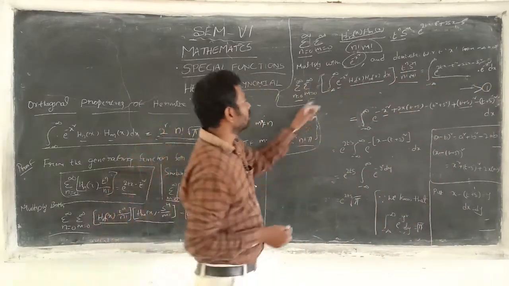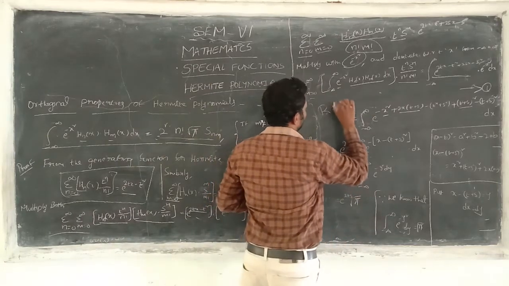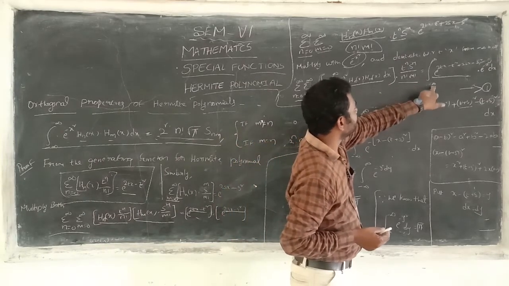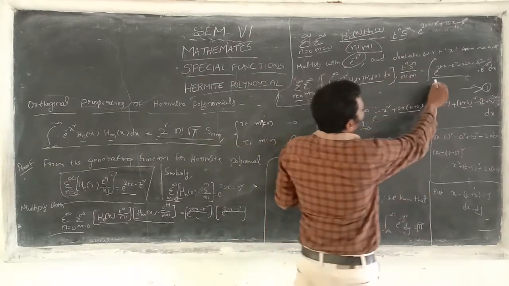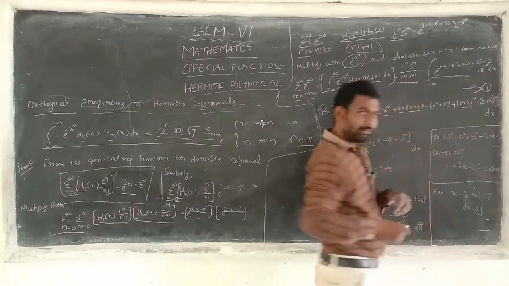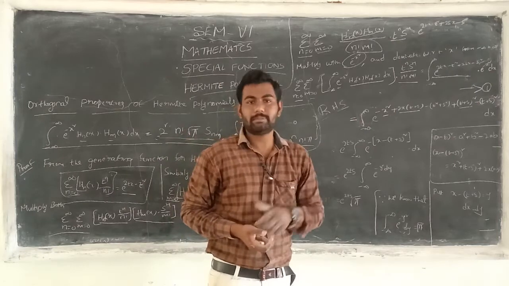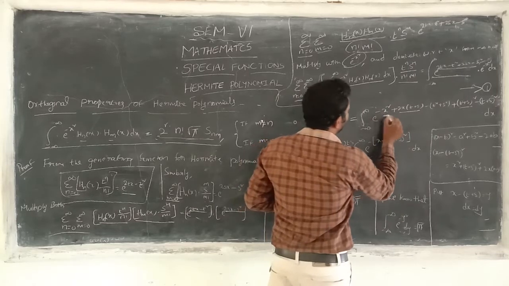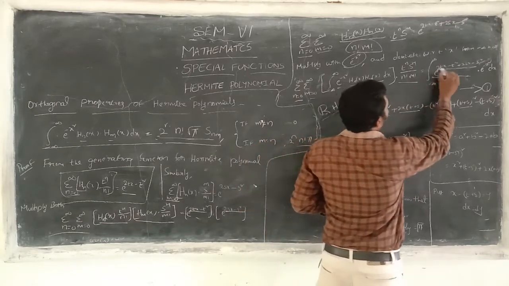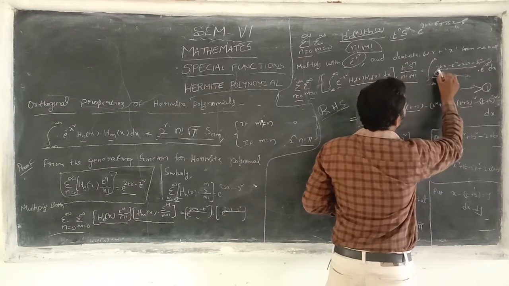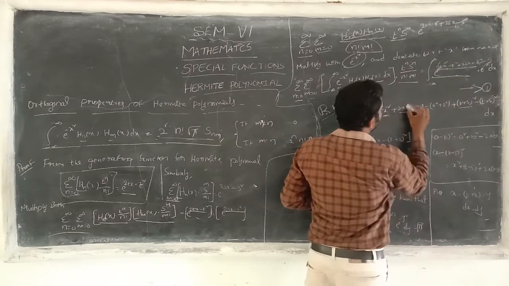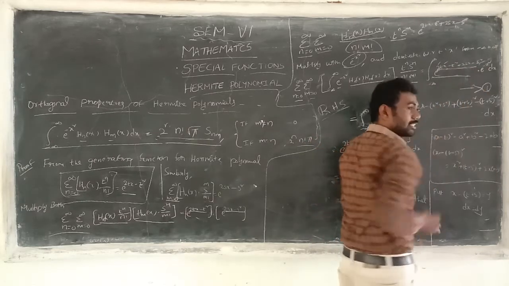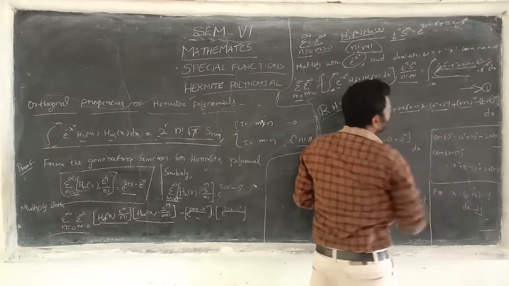Okay, simplify. Right side, I will take the RHS: the integral from minus infinity to plus infinity. This is also like e power a into e power b, with formula e power a plus b. So first I will write minus x square plus 2tx plus 2sx. Here 2x is common, so 2x into t plus s, minus t square minus s square. Minus is common, so minus t square plus s square.